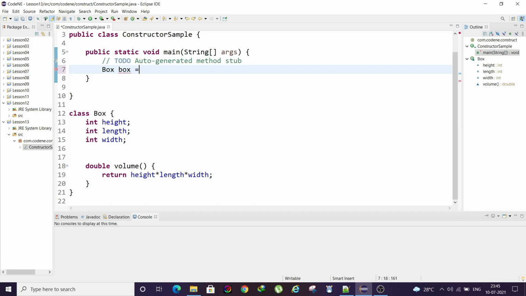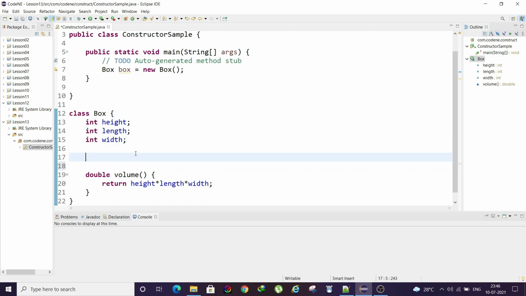So you already know how an object is initialized, right? You call the class, give some variable name to the object, and simply call box. So you have seen that we are calling the class name with a parenthesis. This looks similar to a method, so we can correlate to this.